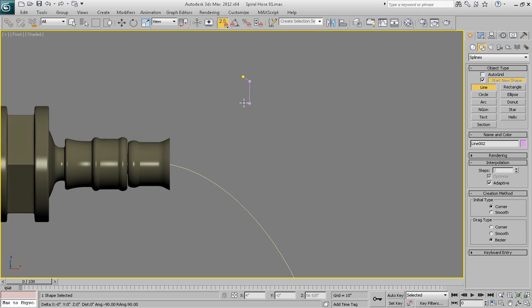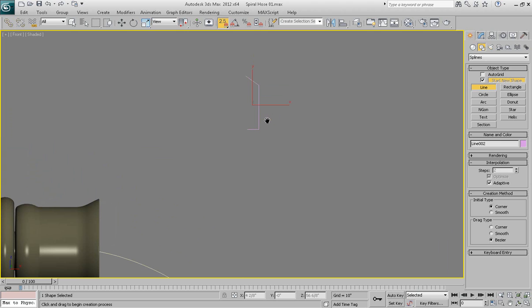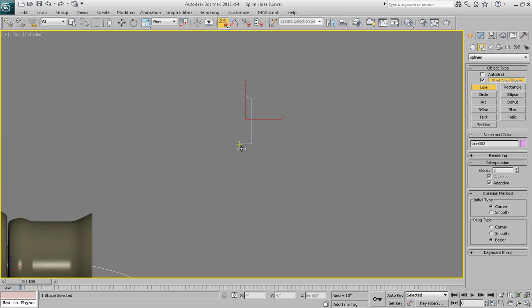In reality, it can be any other profile. You can experiment with it after this tutorial. Right now, I'm just trying to keep it simple and generic for the sake of demonstration of the general idea how you can make spiraled hoses. So when you've got the profile similar to this one,